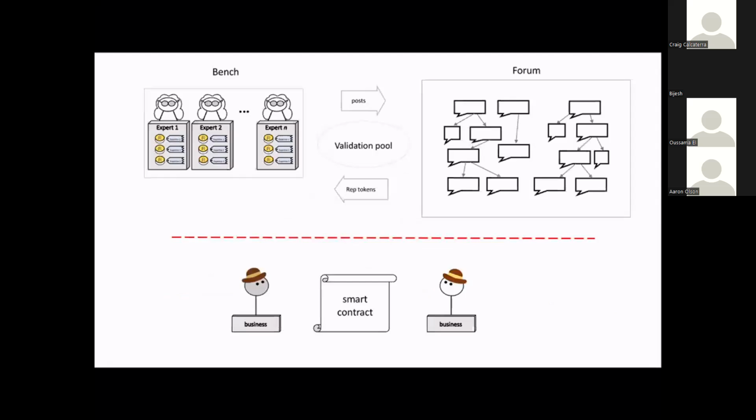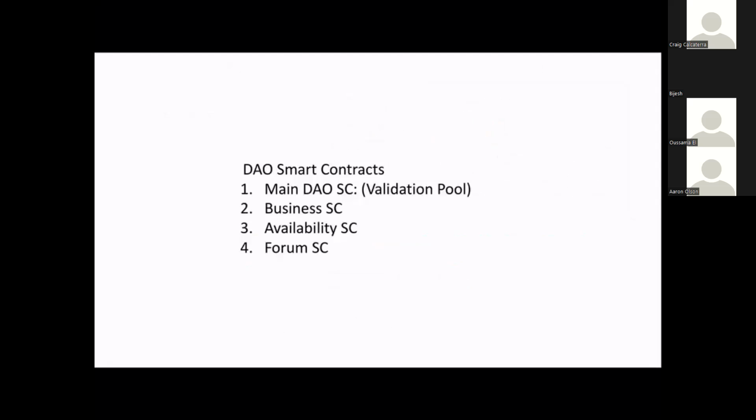Okay, but that just illustrates the last piece of the fourth smart contract, the forum. There's going to be a smart contract that dictates how the posts are all interrelated and how you can review old posts with new posts and say, yeah, I don't think that post that everybody thought was so great is so good. Let's reevaluate the importance of that. And that reevaluation allows the DAO to evolve in a more healthy manner.